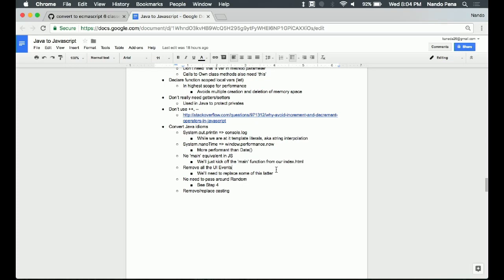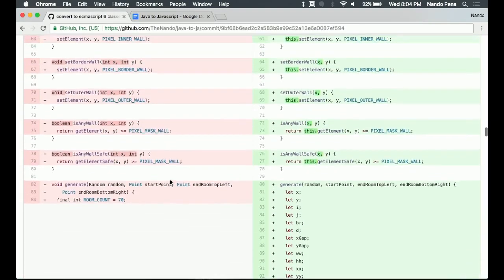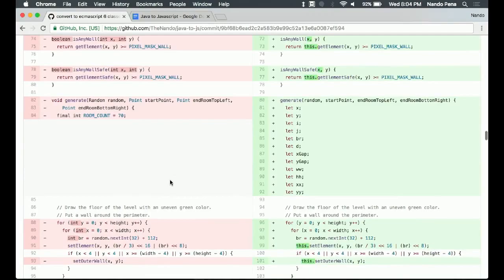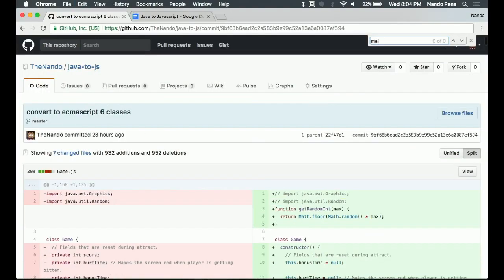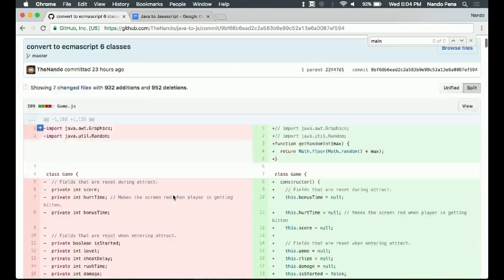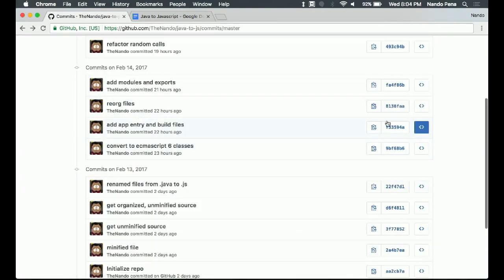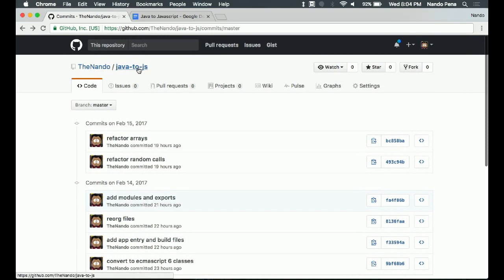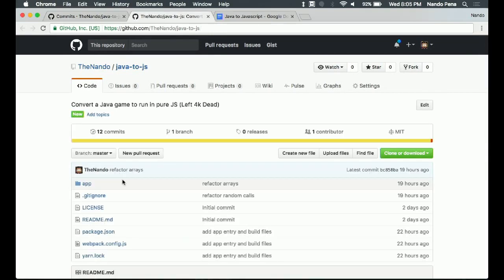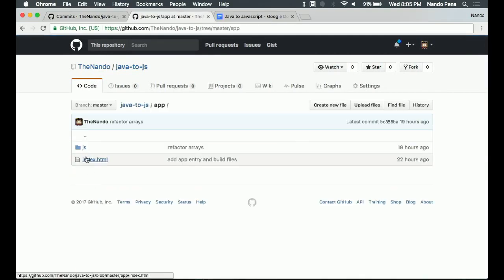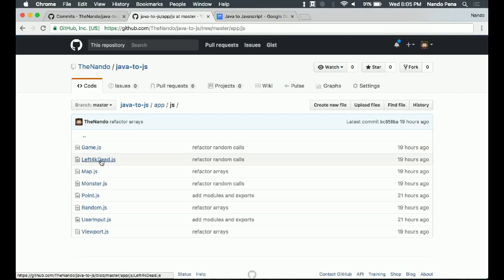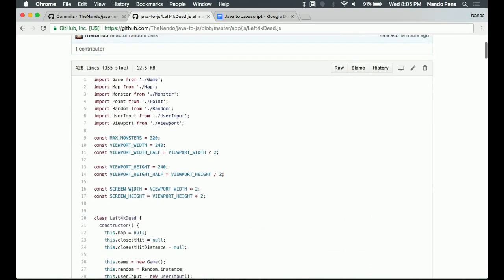It throws a bunch of boxes down and colors them pretty much. So we don't have a main equivalent. Here in Java, you're going to have a function called main, and that's going to be the first thing that kicks off. It's in here somewhere. Let me back up here. The main function, it's the application entry point for Java. And here it's going to be in this left4k dead class.